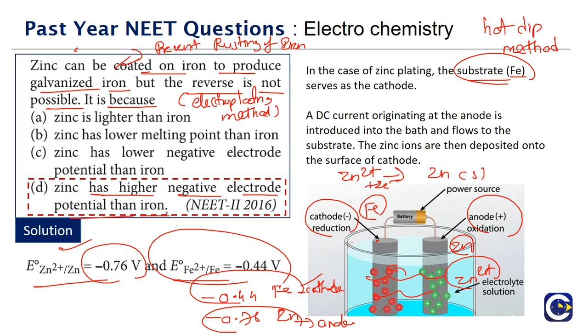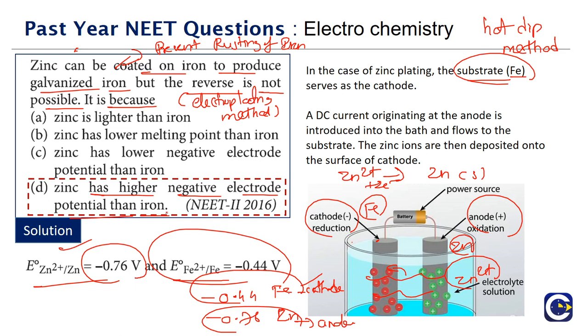We can go for the hot dip method, where all we have to do is prepare a hot bath of iron, take a zinc material, just dip this into the iron hot bath and take it out. The advantage of the electroplating method is it will be able to form a very thin layer. The hot dip method usually gives an uneven surface coating, and also the thickness of the layer will be very high. That will be a wastage of the metal as such. That is the reason why the electroplating method is preferred.